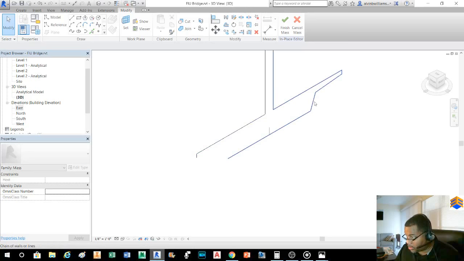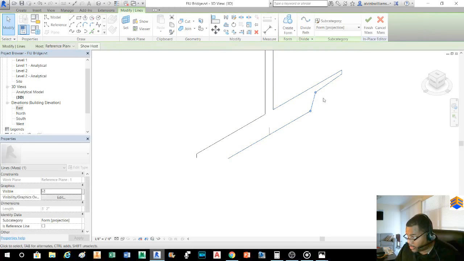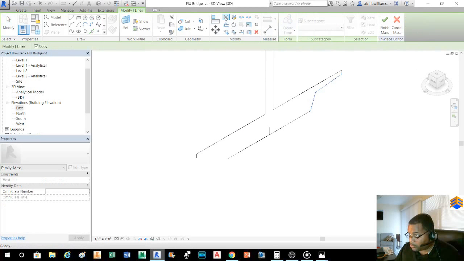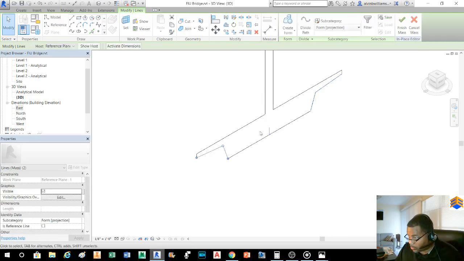So what I could do in 3D space is click and highlight these two lines, which happen to be missing over here, go to my mirror tool, click, and now click what center line I'm going to use to mirror. I'll click that line, and voila,